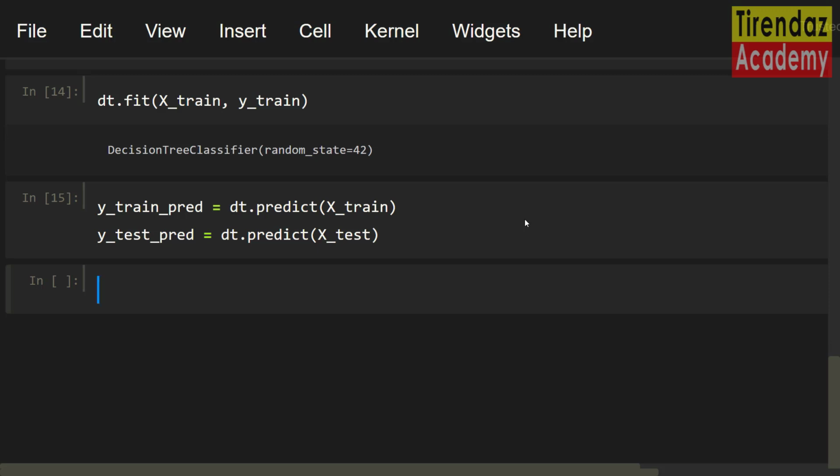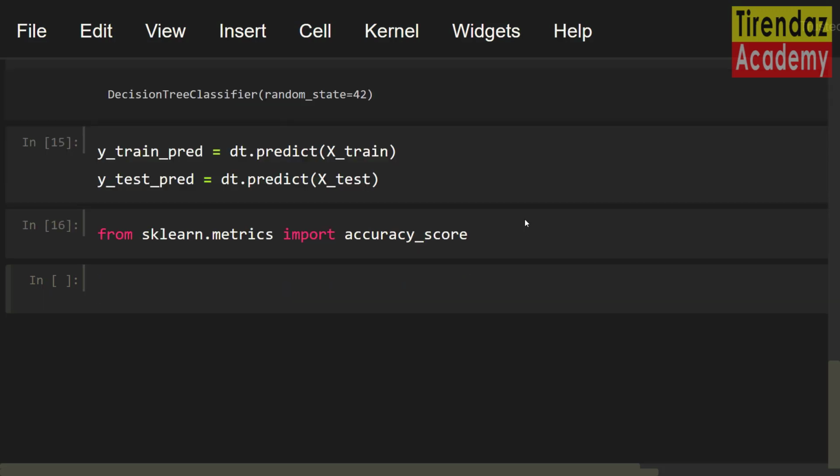Cool! We predicted the training and the test values. Now, let's take a look at the performance of our model on the datasets. To do this, I am gonna use the accuracy_score function. First, let me import this function from sklearn.metrics import accuracy_score. Now, let's take a look at the accuracy scores for the training and test sets.